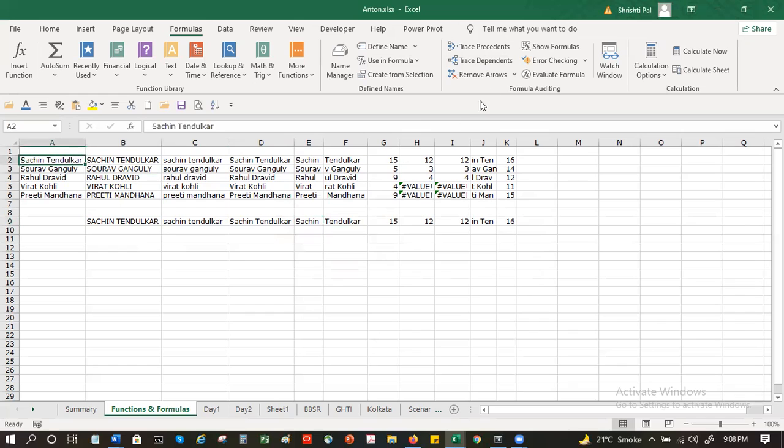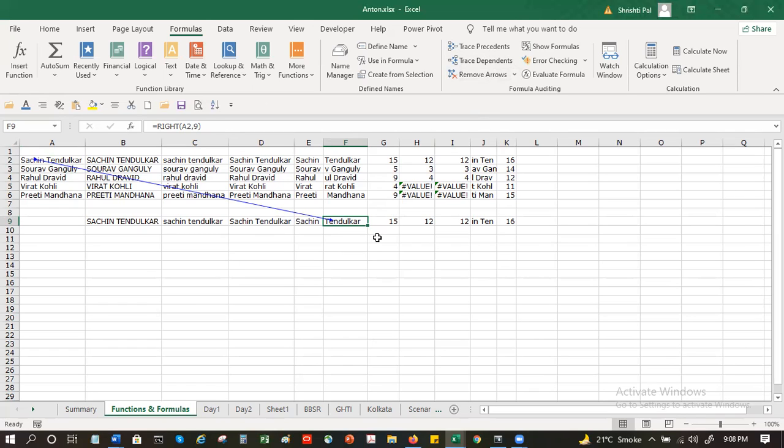But when I click on this, it shows me the dependents. So I see, these cells are dependent on A2. And E2 is the precedent of F9. Perfect.